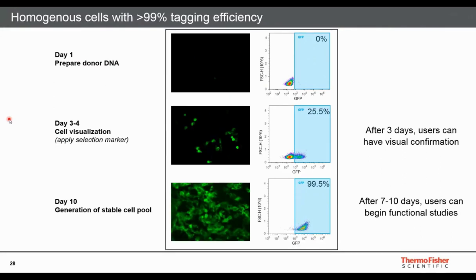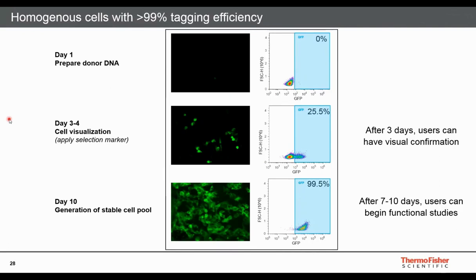When we look at this as a time course, on day 0, we have 0 GFP positive cells because they haven't been knocked in yet, but we're preparing our donor DNA and delivering it into the cells. If we look after day 3 or 4, we start to visualize and are able to see GFP positive cells. The knock-in has occurred, the DNA has been repaired, and this fusion protein is now being expressed. We now have a number of ACTB GFP